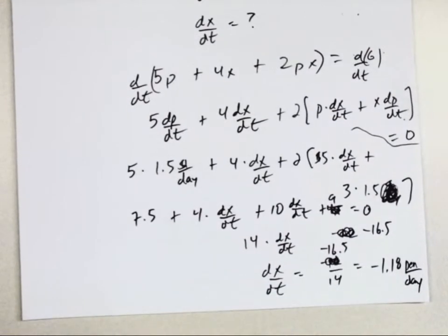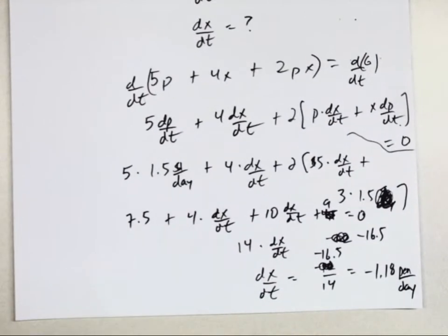Now what does it mean if this is a negative number here? A negative number means something is decreasing. So dx/dt is how many pencils they are selling per day. And at this point in time, they're actually selling fewer pencils. So that's not good, because I assume their goal is to sell as many pencils as possible. And the way things are going right now, the number of pencils they're selling is actually decreasing.